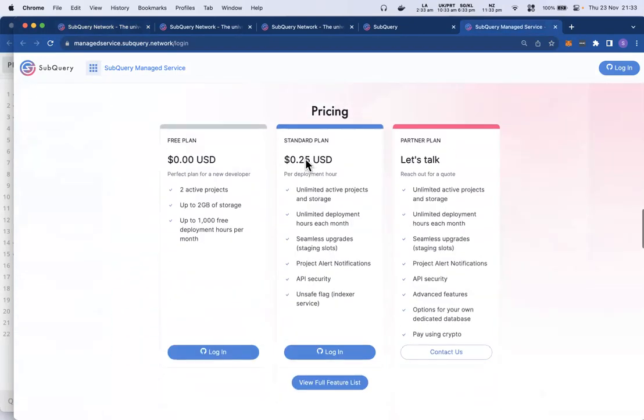Our pricing has a free plan, and then it's about 25 cents USD per app deployment hour. As an indication, you're typically allocated 2 CPUs, 4 gigs of RAM, and 20 gigs of hard drive, something like that. It depends on your project needs, but that's an indication.